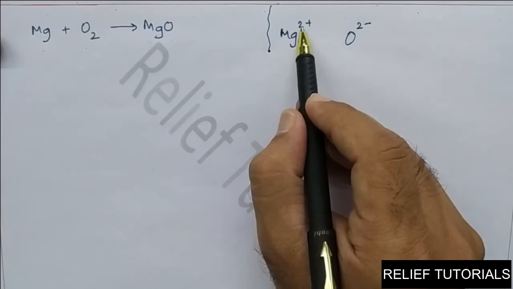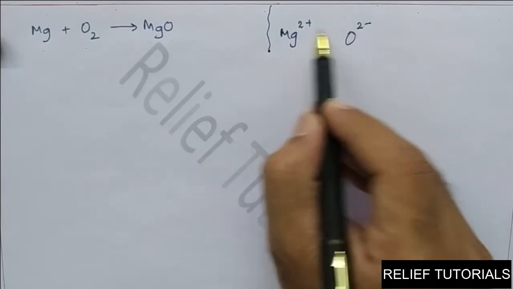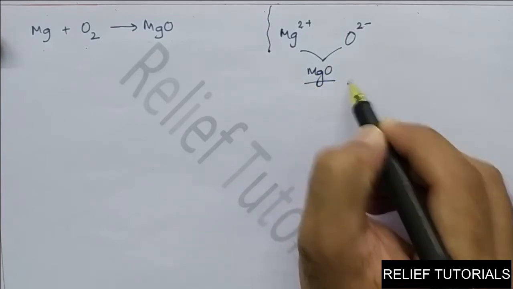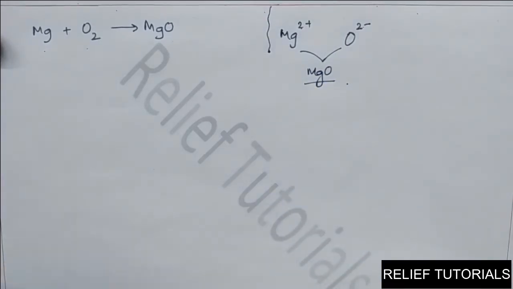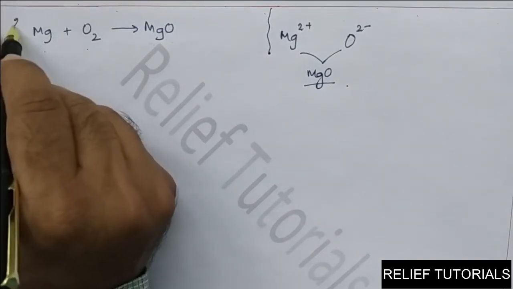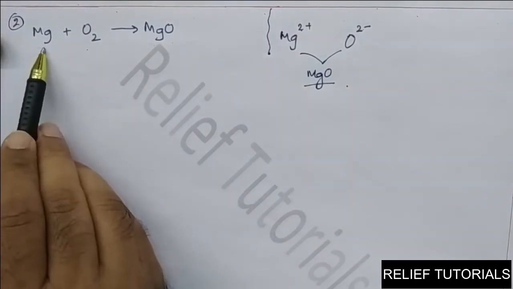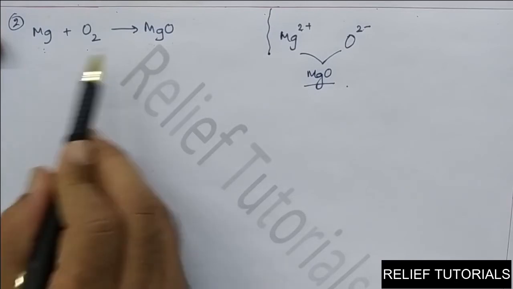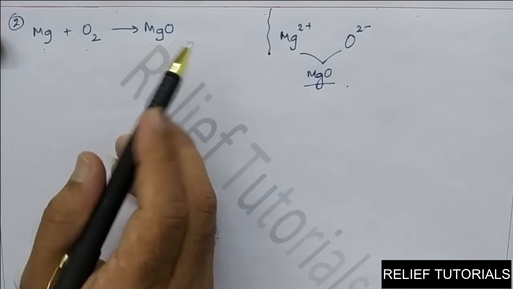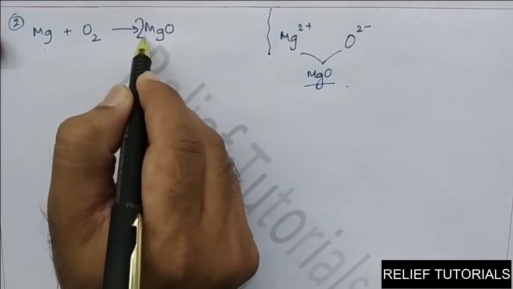So look at this, the charges are balanced. See, if they are balanced, 1 atom of each reacts and magnesium oxide is obtained. So this is the product. Now calculate how many magnesiums are here. This is the second example we are taking. Magnesium 1, magnesium 1. O2, O1. So we have to make it 2. So we can multiply this number by 2.